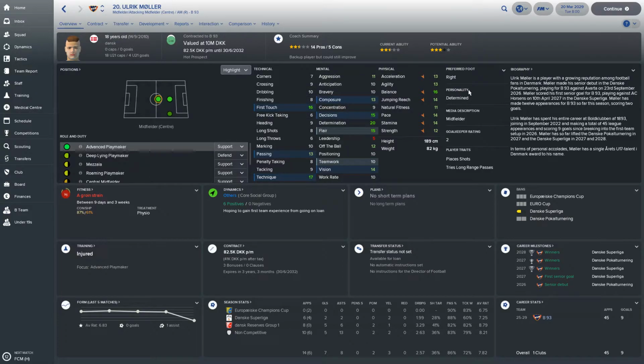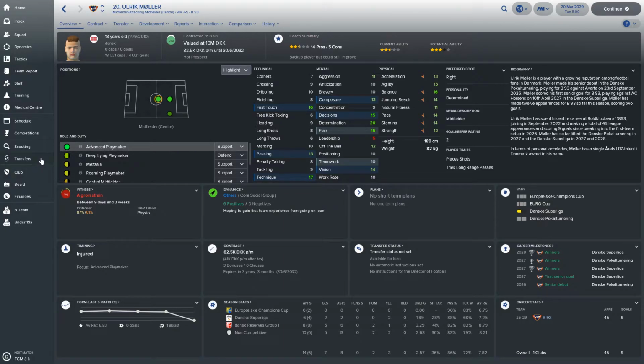So what I'm saying is, his personality has had a huge influence on this guy not developing. If I can get in a guy with 8 in all stats, but being a model citizen, he would develop into a star player way quicker. So this is what I'm trying to do.